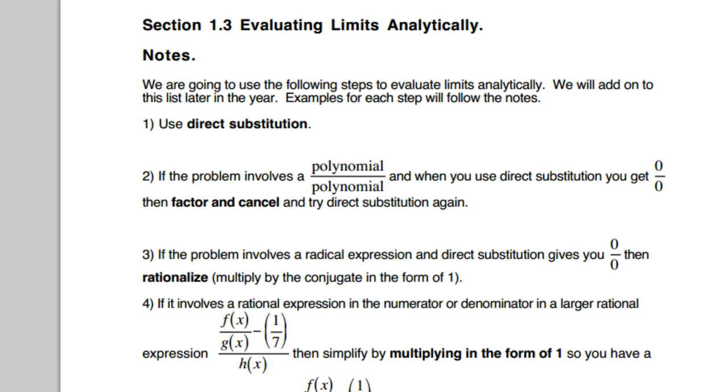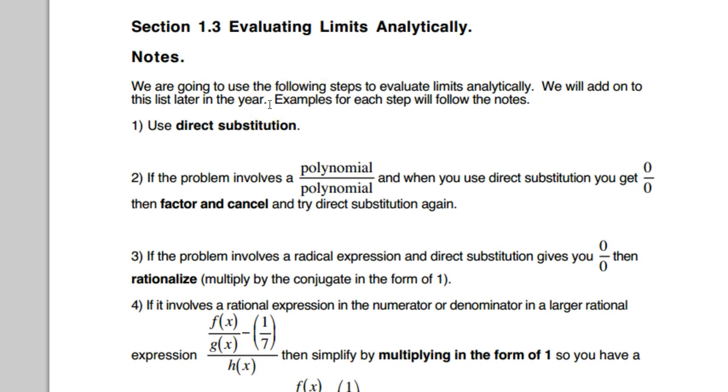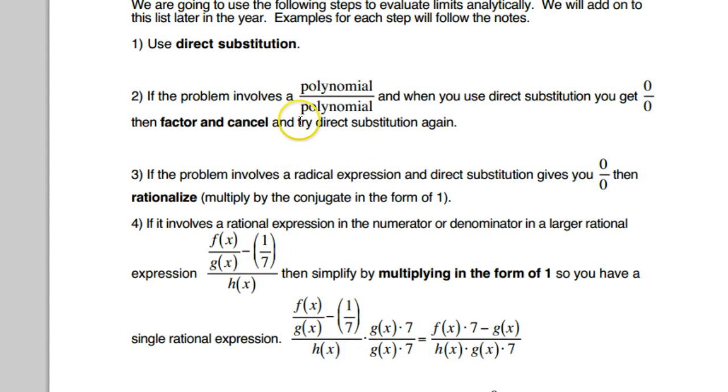This is a great article I found on evaluating limits analytically. You always want to try step one, then if that doesn't work, do step two and work your way down. The first step is to use direct substitution when finding a limit. In other words, plug in the limit and see if you get an actual answer, an actual limit that exists. Now if the problem involves a polynomial divided by a polynomial, and direct substitution gives you 0 divided by 0,